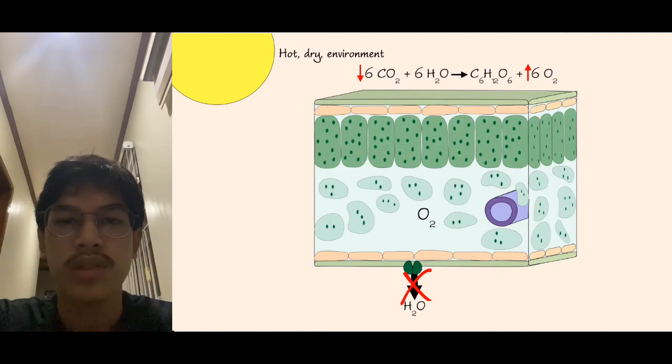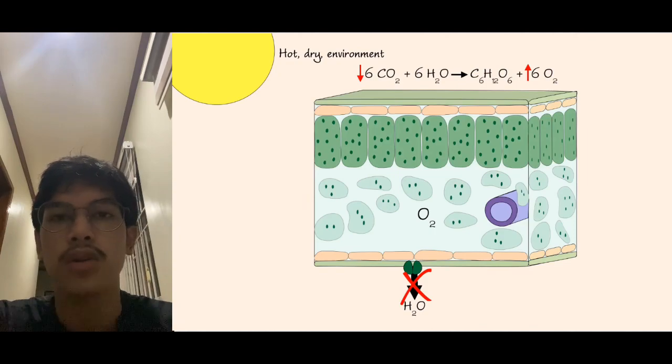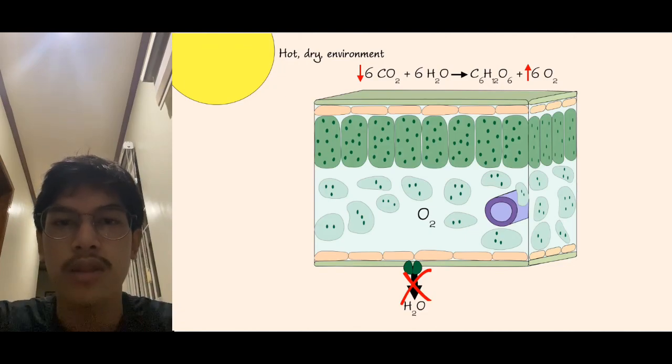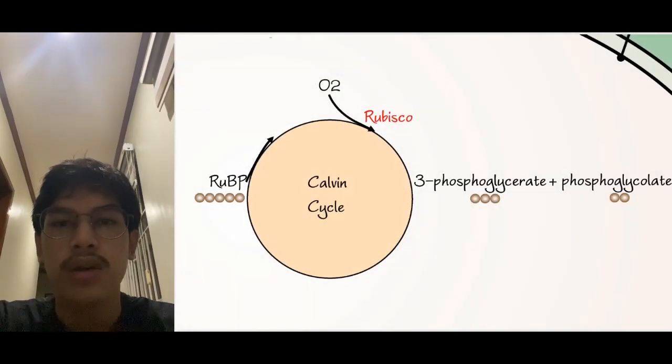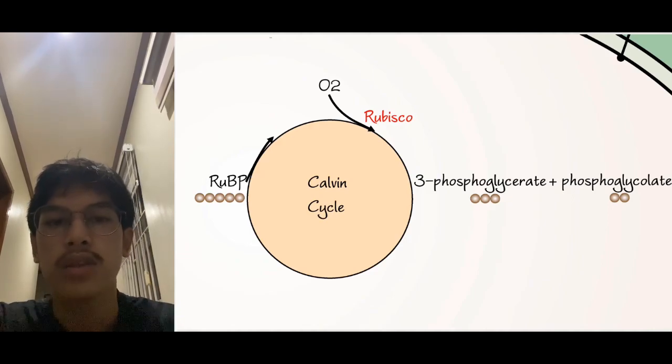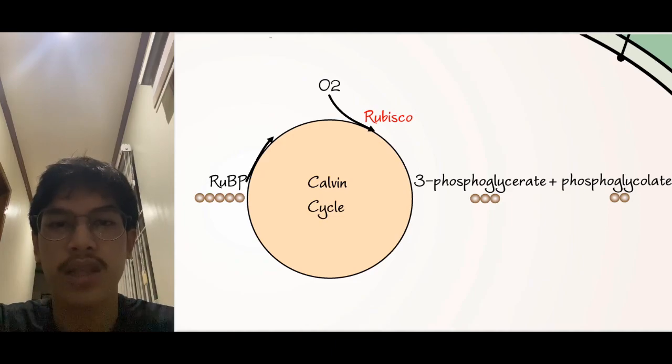Recall from the previous lecture, photosynthesis consumes carbon dioxide and produces oxygen. Normally, the oxygen produced by photosynthesis diffuses out through the open stomata. But when stomata are closed, oxygen builds up and carbon dioxide decreases in the plant leaf. With an elevated oxygen concentration, Rubisco in the stroma will attach oxygen rather than carbon dioxide onto ribulose bisphosphate. After the attachment of oxygen onto ribulose bisphosphate, 2 molecules result: 3-phosphoglycerate, which is a 3-carbon molecule, and